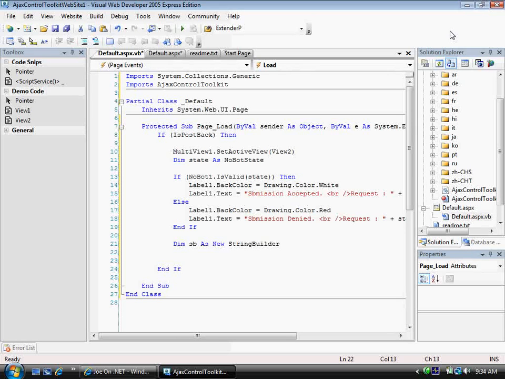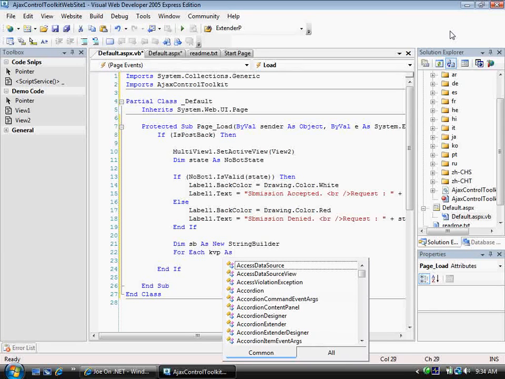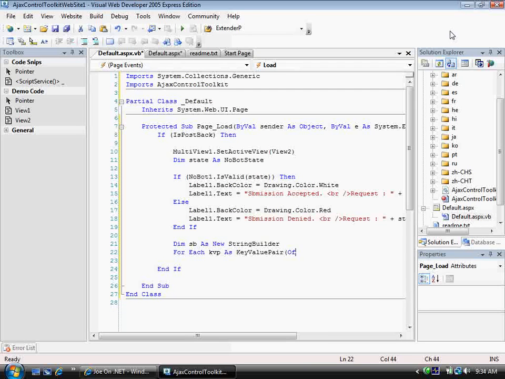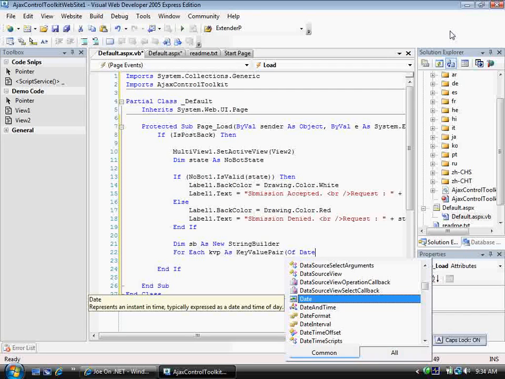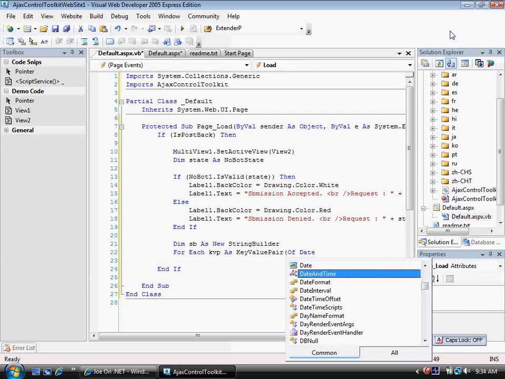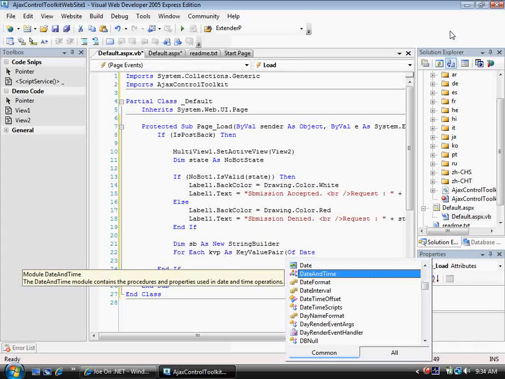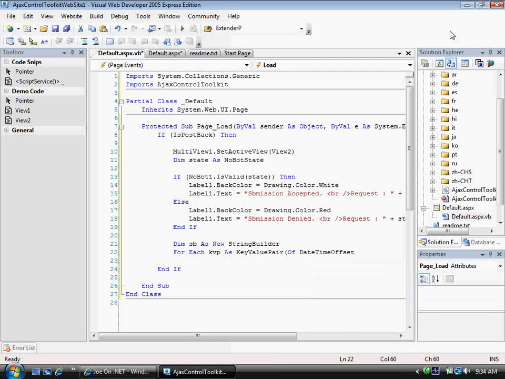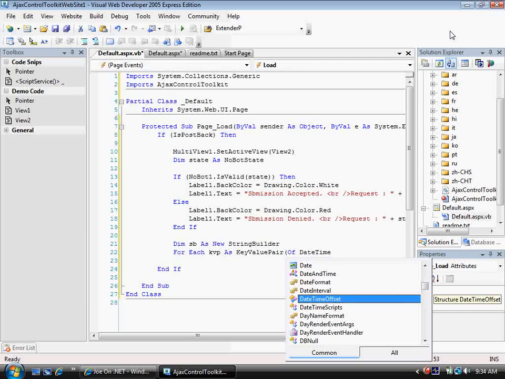And then let's say for each key value pair as key value pair, date time. What we're doing here is we're going to look at the frequency of the request and see whether or not they're coming too quickly. All right, so